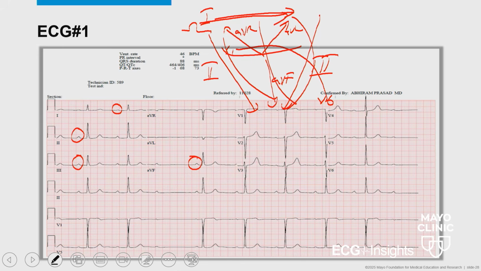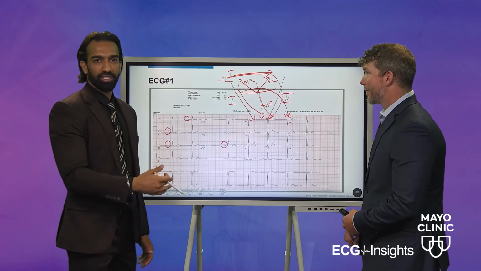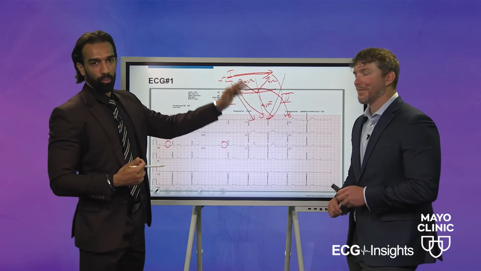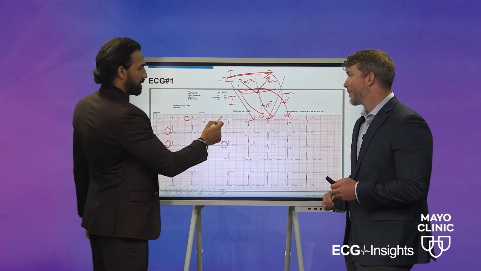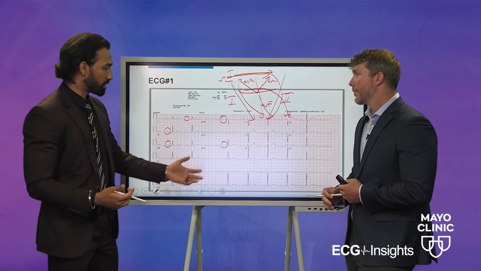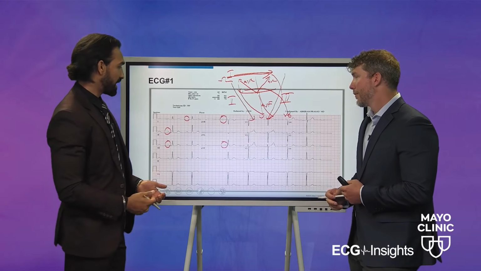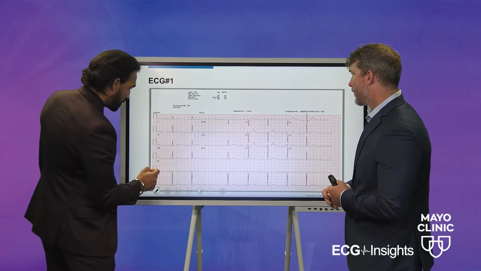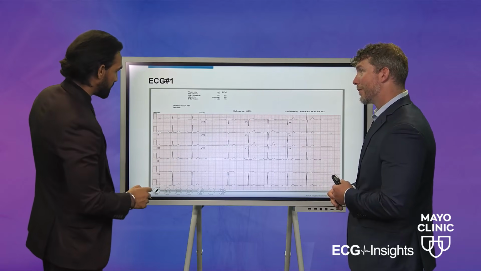The only lead where it's going away is aVR, so it's going in the opposite direction. When you look at aVR, that's a negative P wave. That's all you need to call a rhythm sinus rhythm. Similarly, we can apply this to other ECGs or QRS complexes as we see them, and we'll get to that. But now, going into some of the more important details of this ECG tracing.